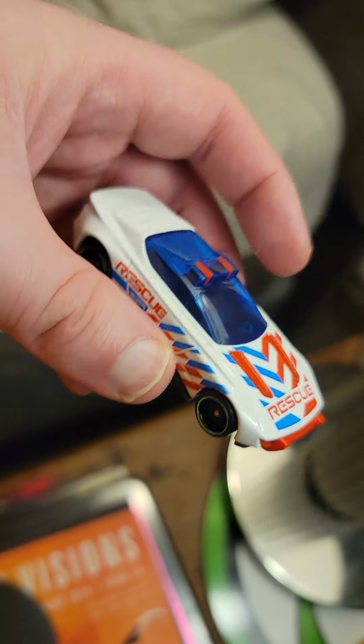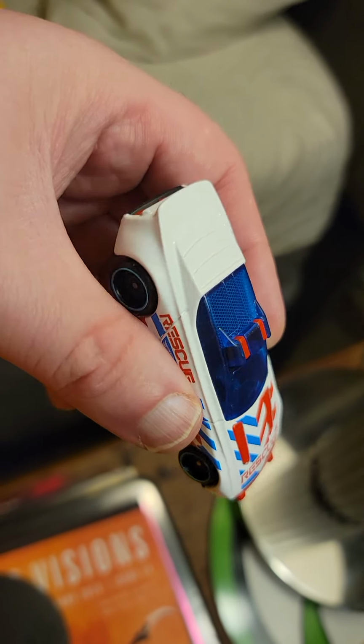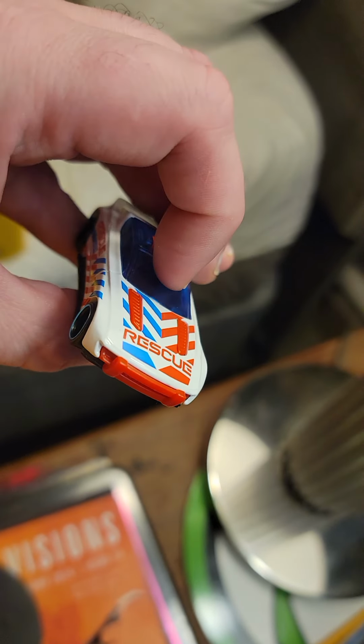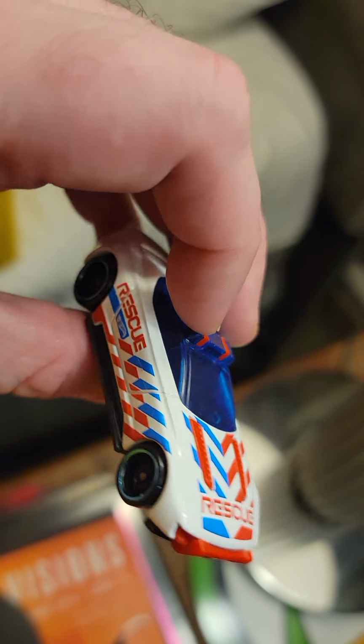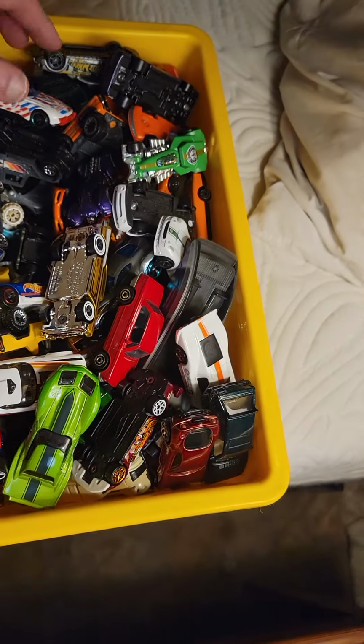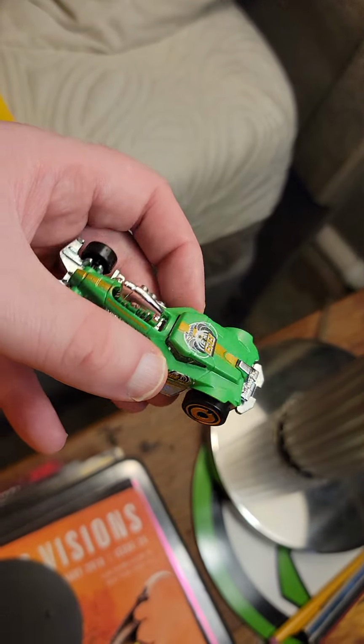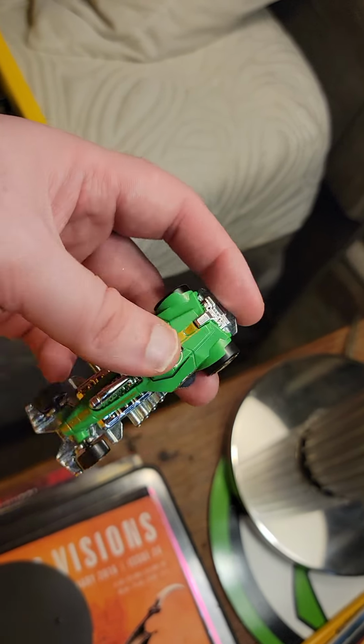Just like the interior, the exhaust, the backlights, the grille, the hood. I mean, it's surprising to me that these things are only $1 because of just how well they're made. I mean, and it's weird too because